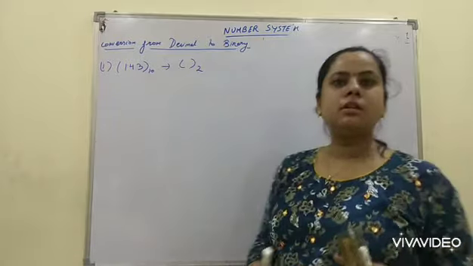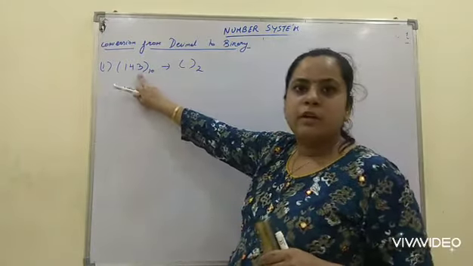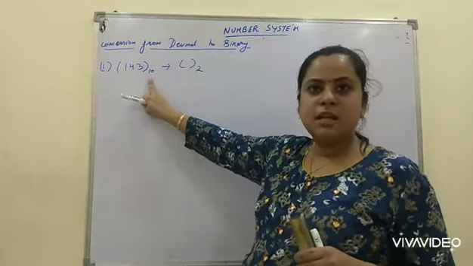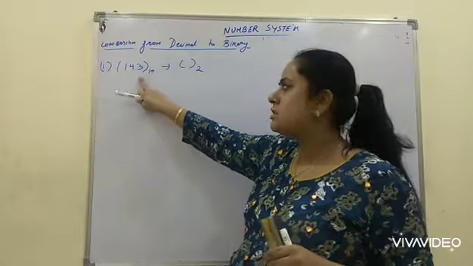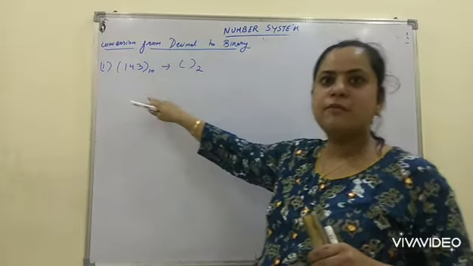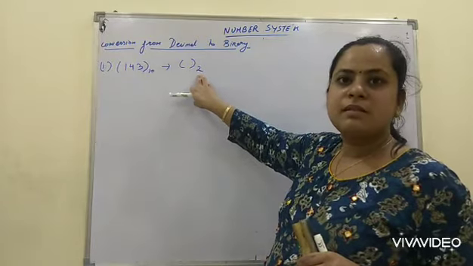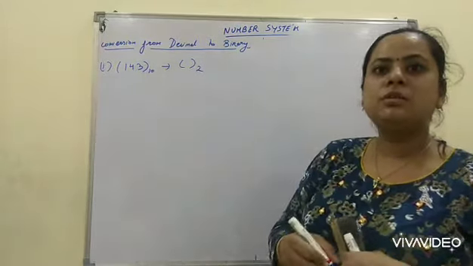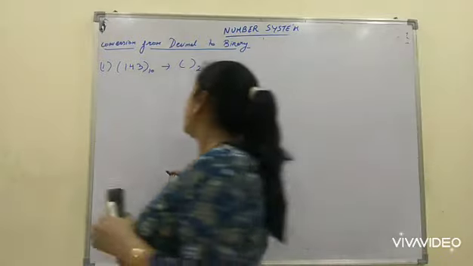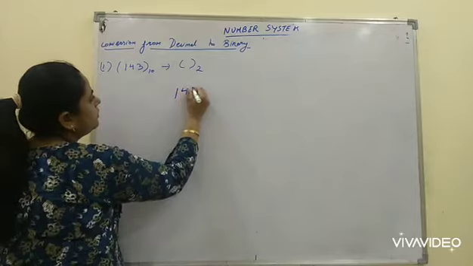Conversion from decimal to binary. Example is 143 with base 10. It's telling you that this number is in which number system? Decimal number system. We have to convert it into which number system? Binary number system, because its base is 2. This is the importance of base. It tells you which type of number system it is. So, steps which we will follow: